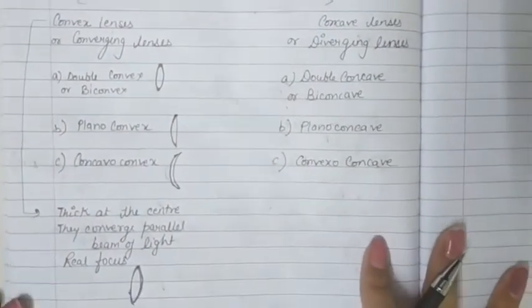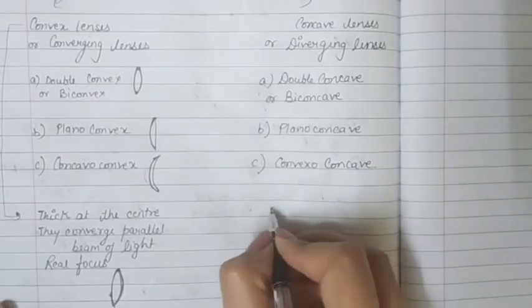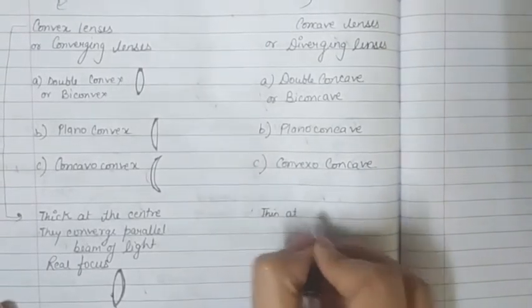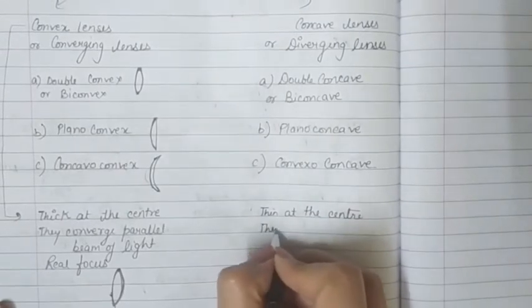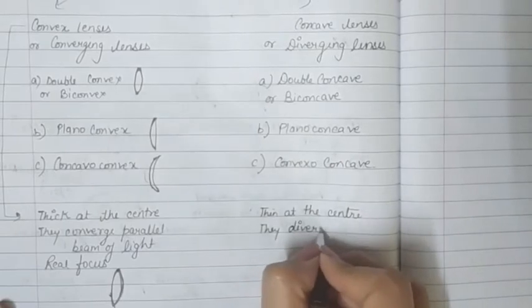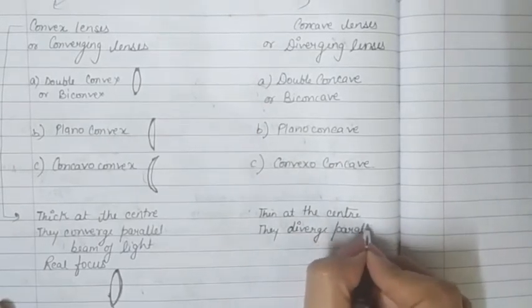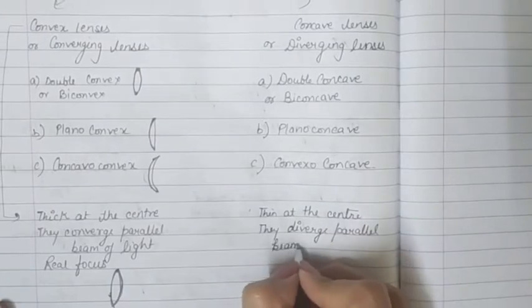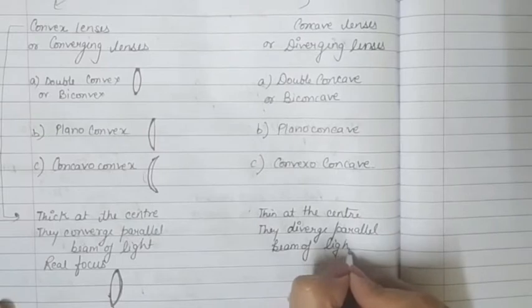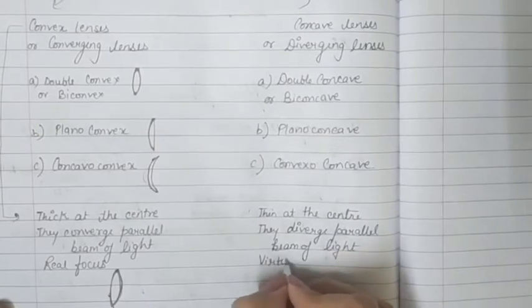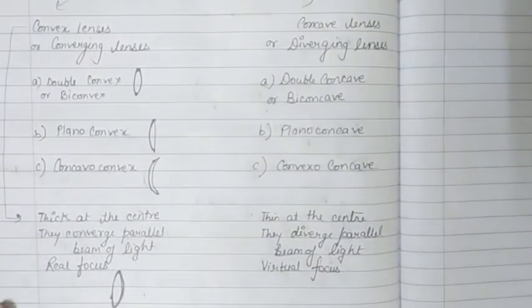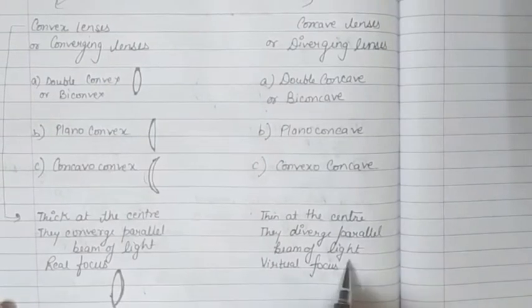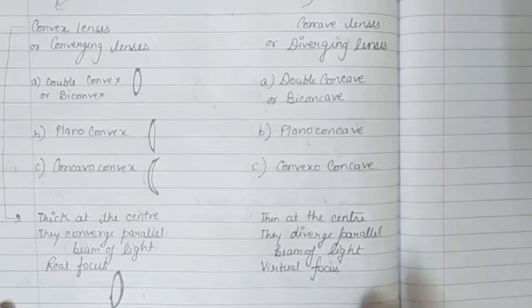Similarly, to define a concave or diverging lens, we have to keep in mind that these are thin at the center in comparison to the edges, right? They diverge a parallel beam of light and they have a virtual or imaginary focus. So if there is a lens which is thin at the center in comparison to the edges and diverges a parallel beam of light and has a virtual focus, then such a lens is called a concave lens,